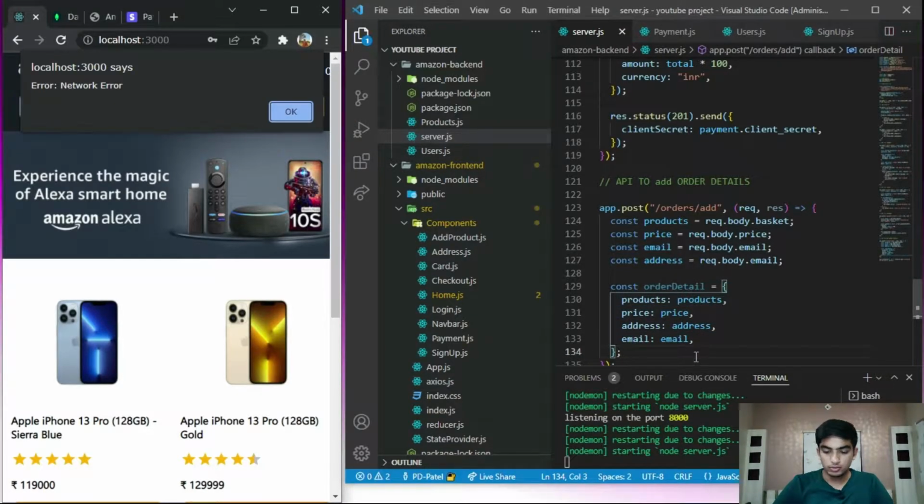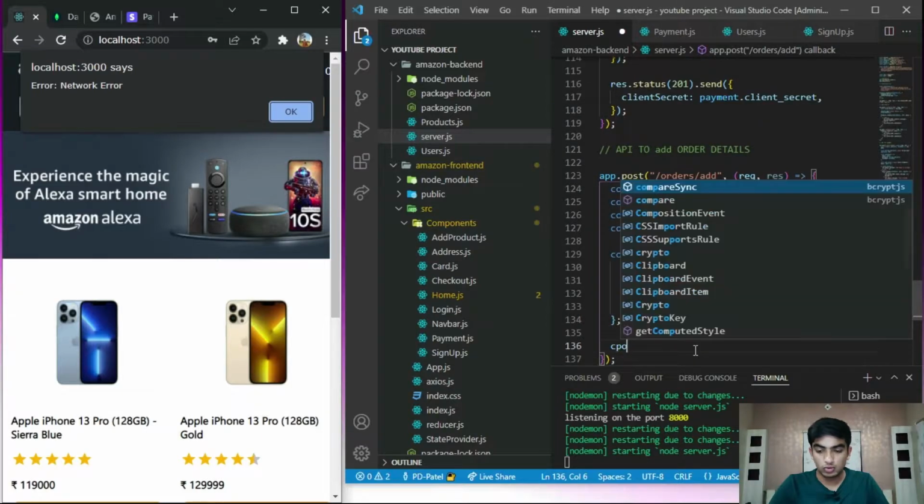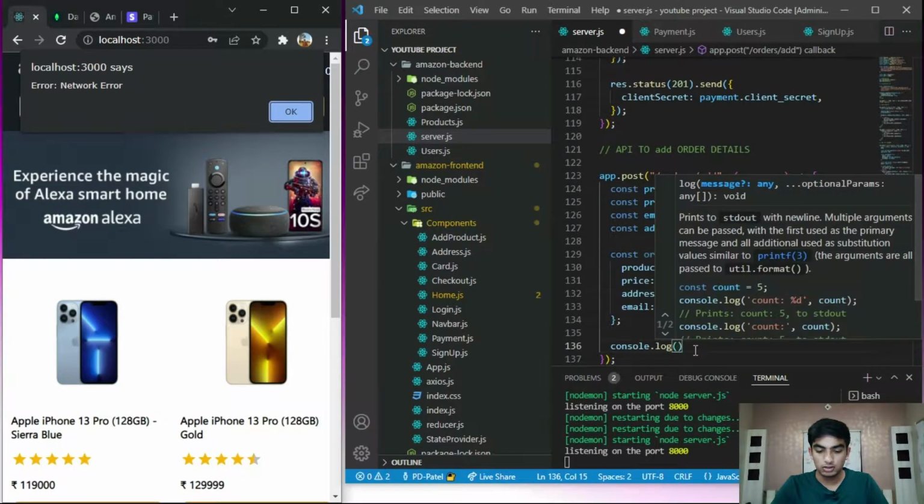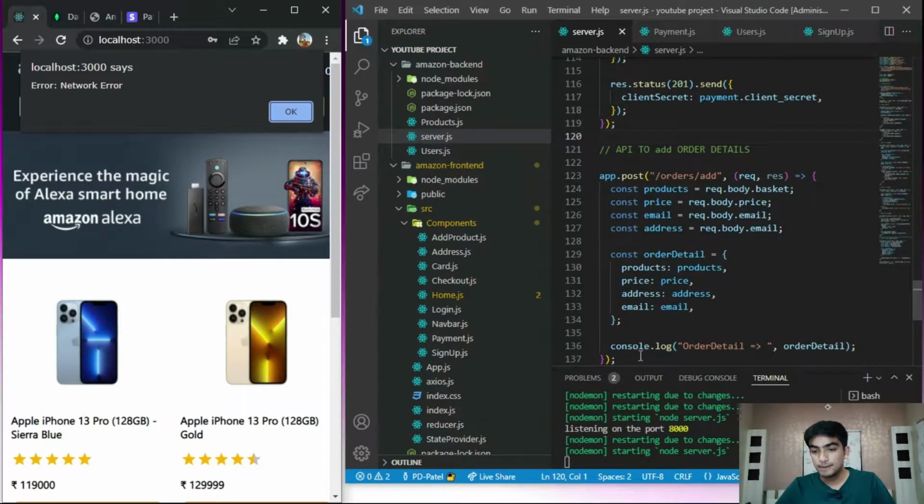Now we are going to do a console.log, order detail is going to be the order detail. Save it. Now we have to run this API